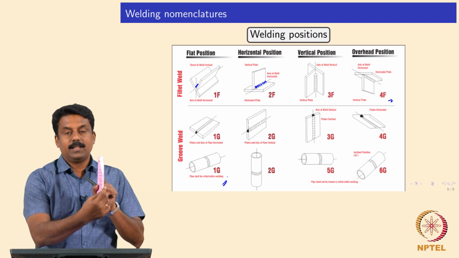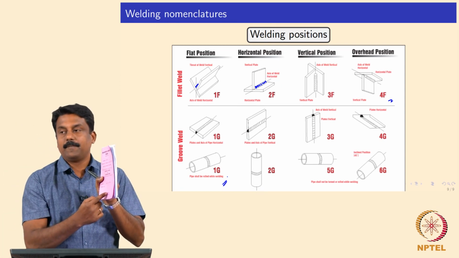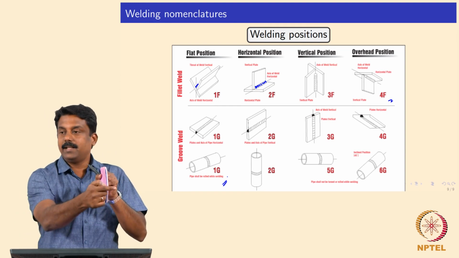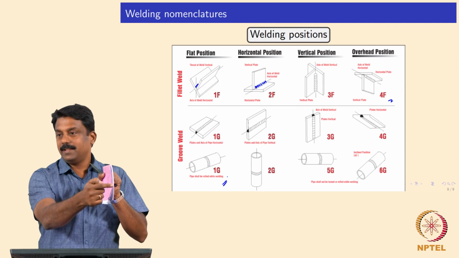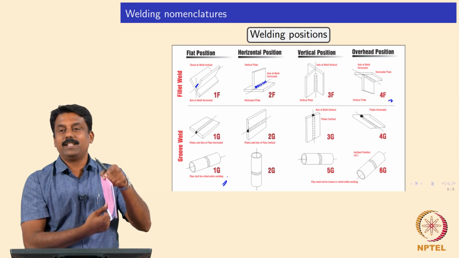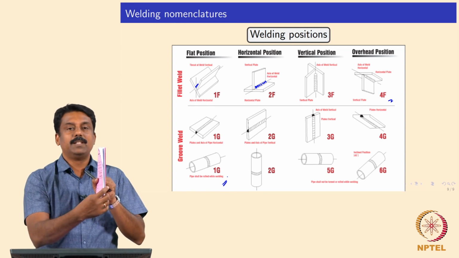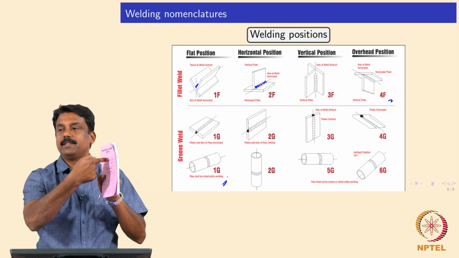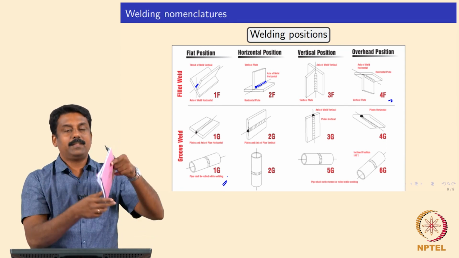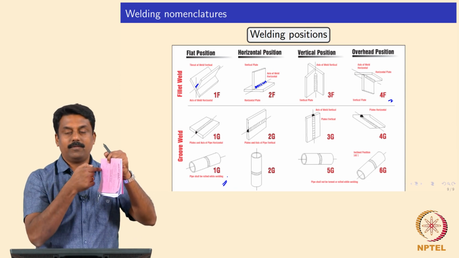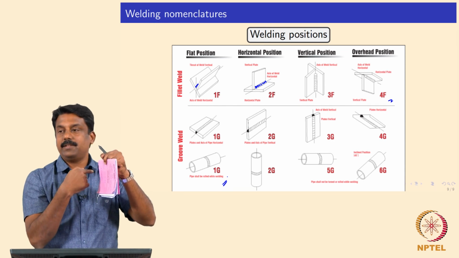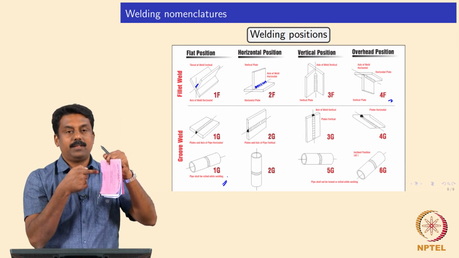So 3G is, if a plate is like this, and then you are welding it, right. So that is 3G, and if you are keeping it like this and you are welding like that, that is 2G, isn't it? 3G is more complex than 2G, isn't it? So in 3G you are doing a vertical welding, whereas in 2G positions you are doing horizontal welding. So you are not changing the height, the distance. So the torch is constant and then it is moving.